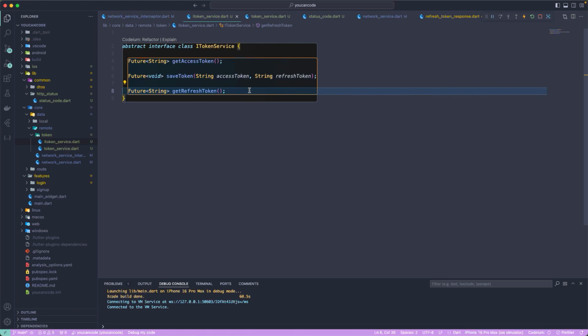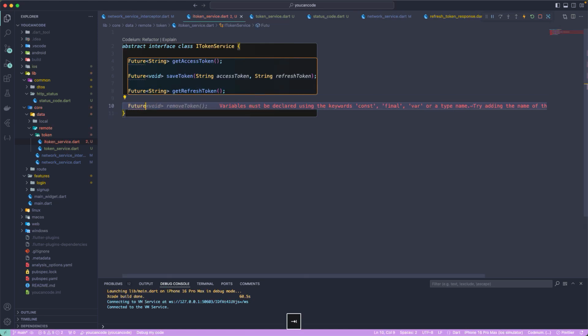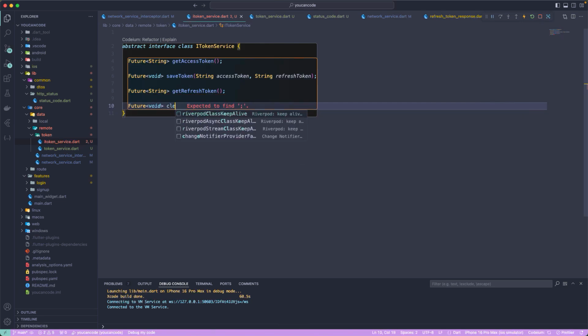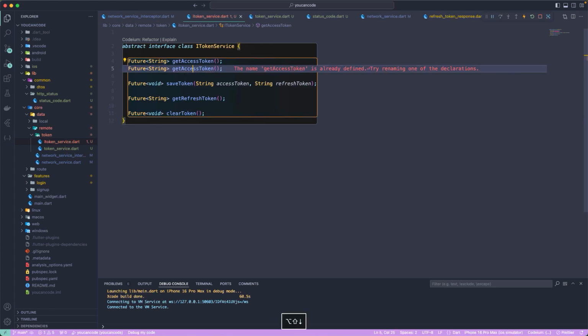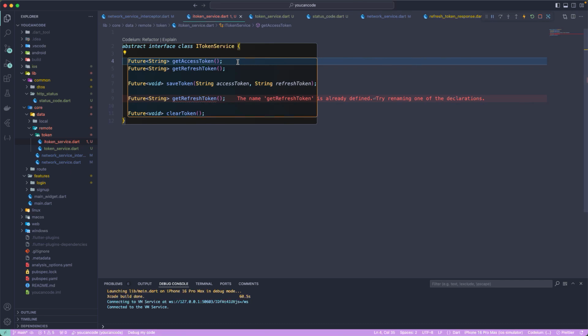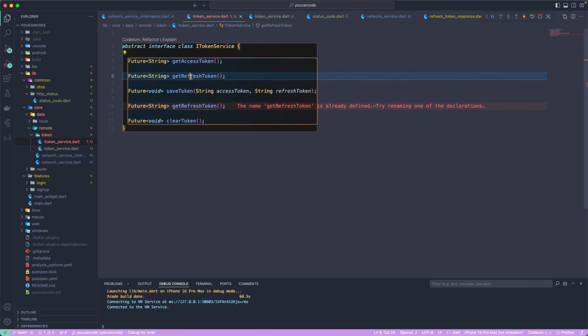And another one is for the future, and this will also be of type void. And let's say clear the token that we can have over here, and that should be, I guess, good enough. So we also need one more, which is to get the access token. This will be for the refresh token as well. So get the access token, refresh token, save the token, clear the token, and then this will be of, okay,